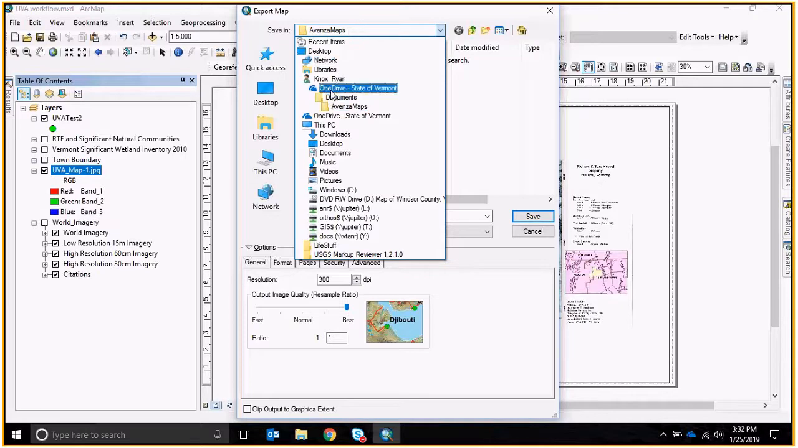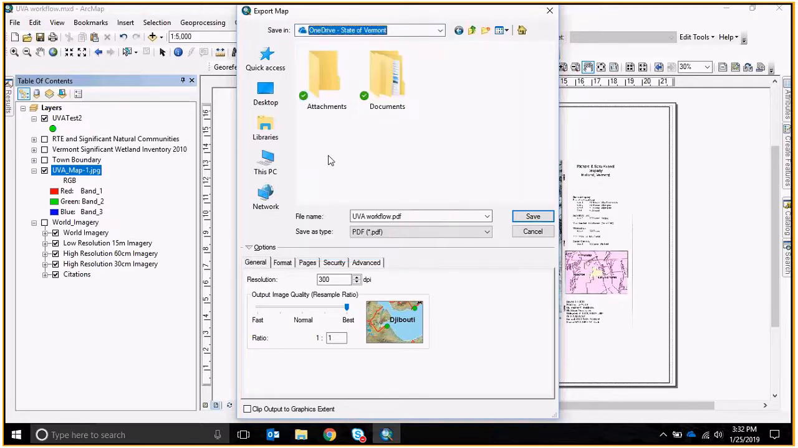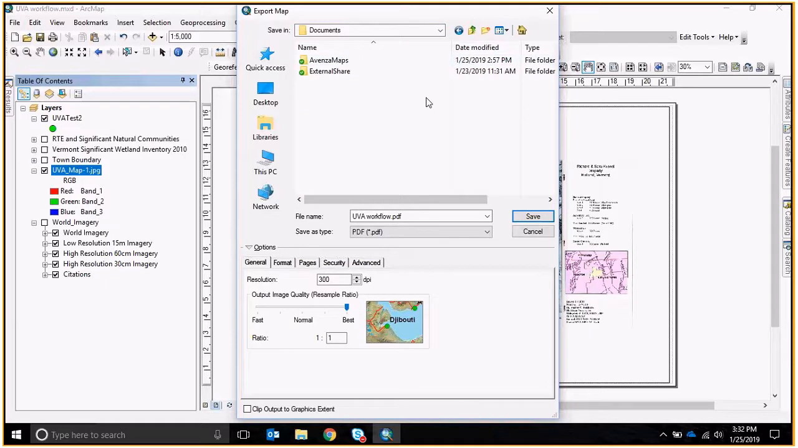But you can see here I can just choose OneDrive, State of Vermont, Documents, and there's my Avenza Maps directory that I created just for these geo-referenced PDFs. I'm going to rename this to UVA_map_geo-reference. Now, if you look at the options for the PDF, you'll see that I have a resolution of 300,